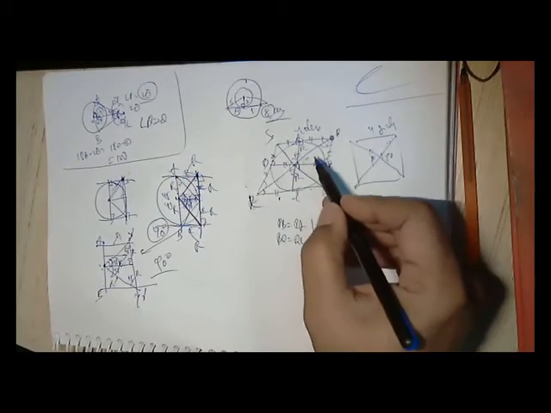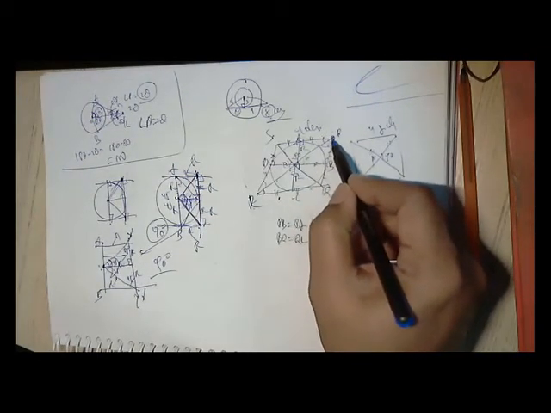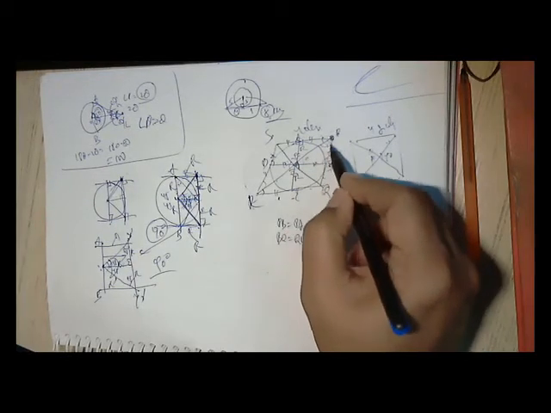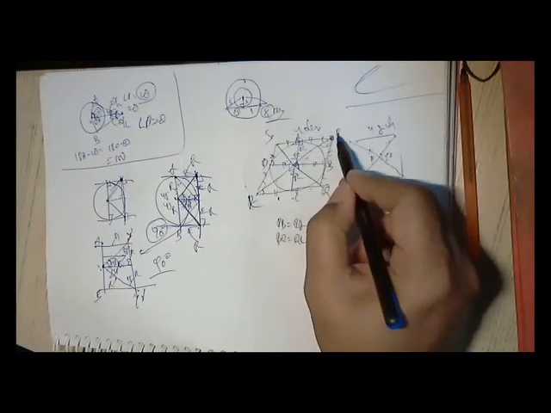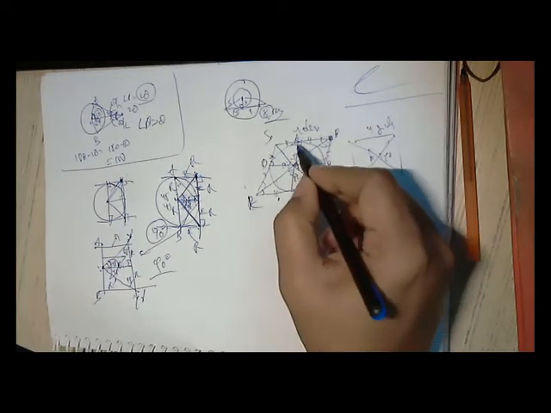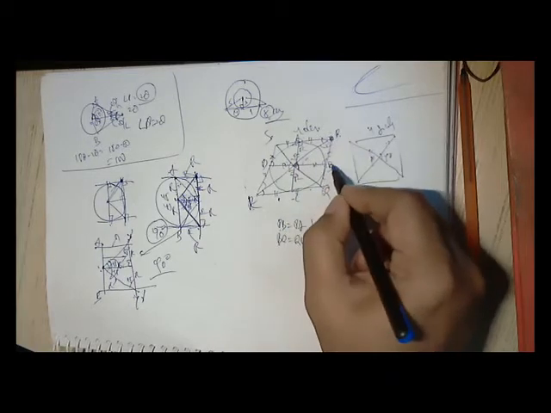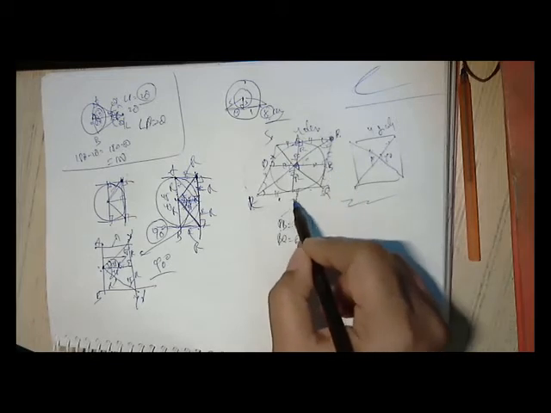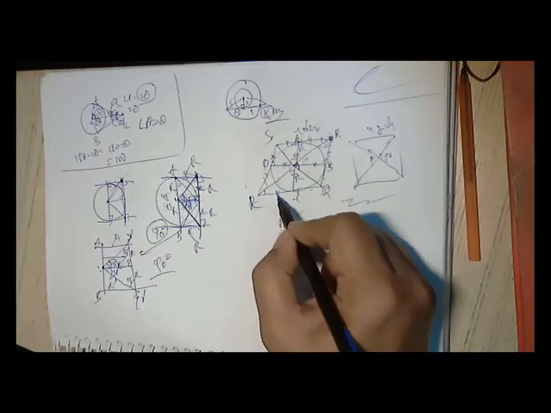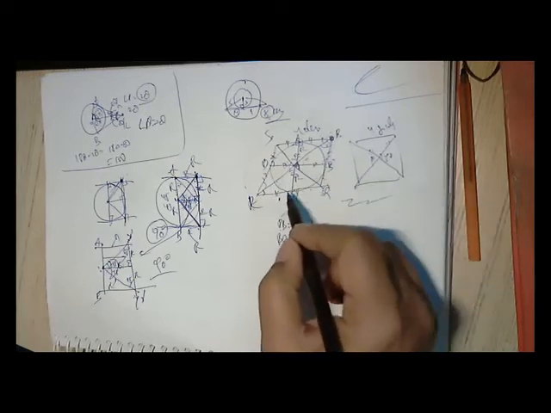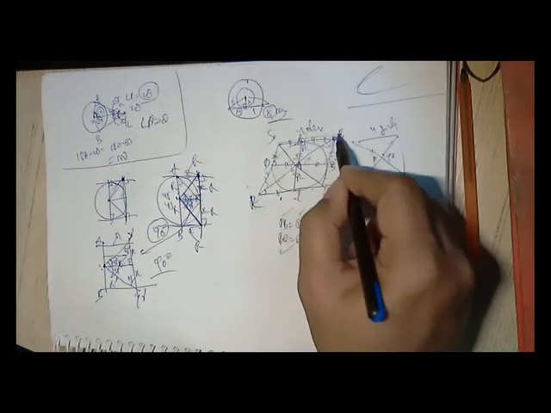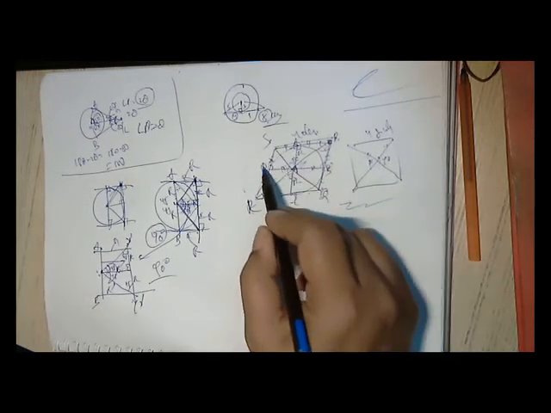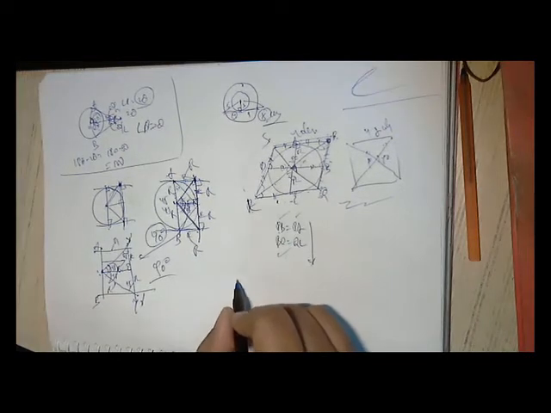So this being an external point to the circle, and these are the 2 tangents. That means what? AP is equal to PB, PB is equal to PA. Similarly, BQ is equal to QC. Like that, all the corner sides are equal. So that means what? This side plus this side is equal to this side plus this side. Because earlier we have seen the sum of opposite sides are equal